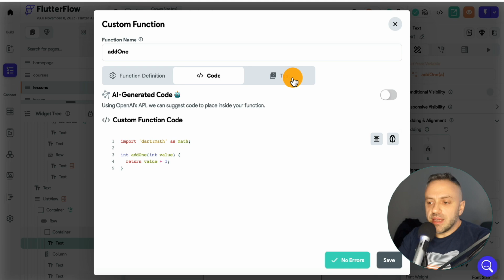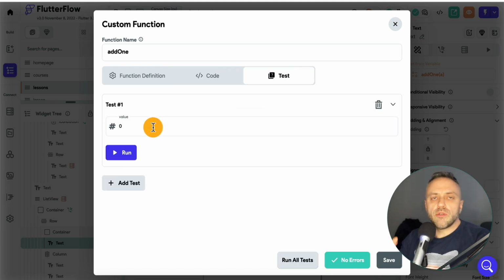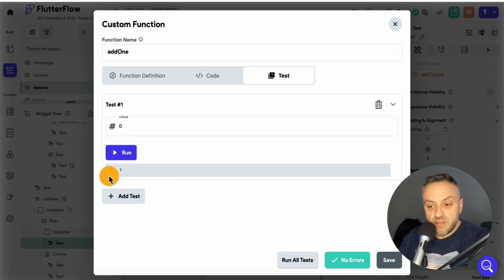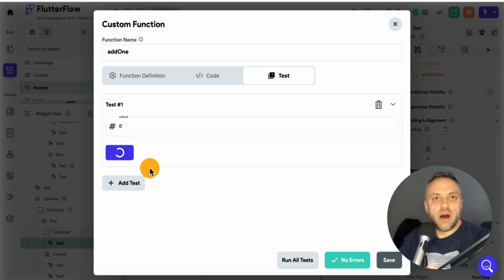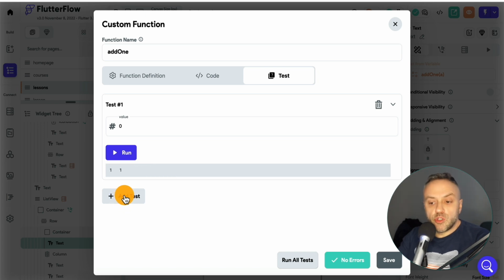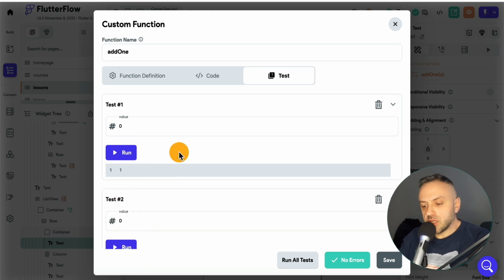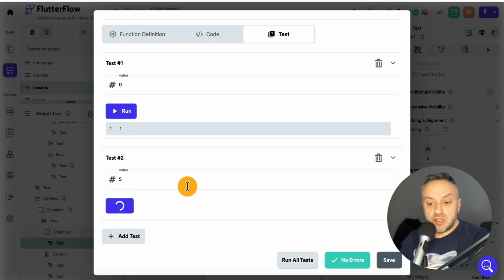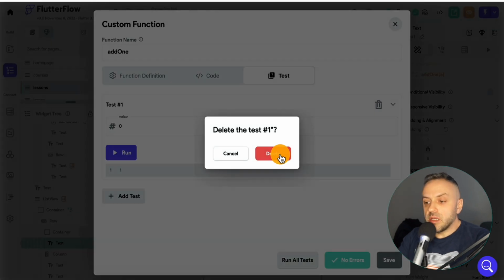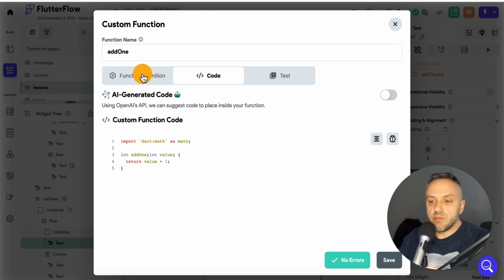Another very, very important thing is the testing, okay? When you are building the function, you always want to test it. So if it's 0, what is the function going to do for me? What is the result? The result is going to be 1. So I'm going to run it, and hopefully it's going to be 1. And so right here, this is the number of the test and the return type, which is 1. So if I run it again, it's going to be 2, 1, because I ran the test for the second time, but the value is still 1. Now I can also add another test if I wanted to, so I can have 2 tests and I can say 5. 5 plus 1 is going to be 6, so the result should be 6. The result is 6. Okay, so now I can delete this test. Very, very useful. You always want to be testing things.